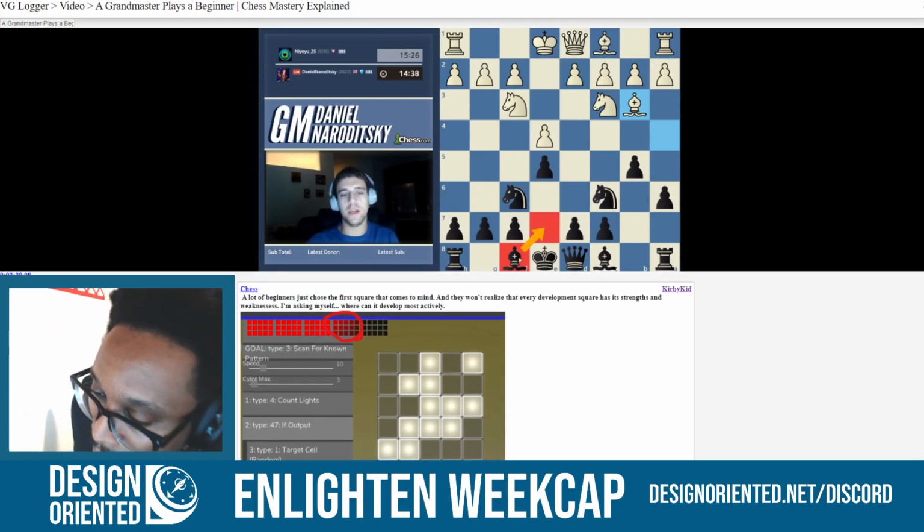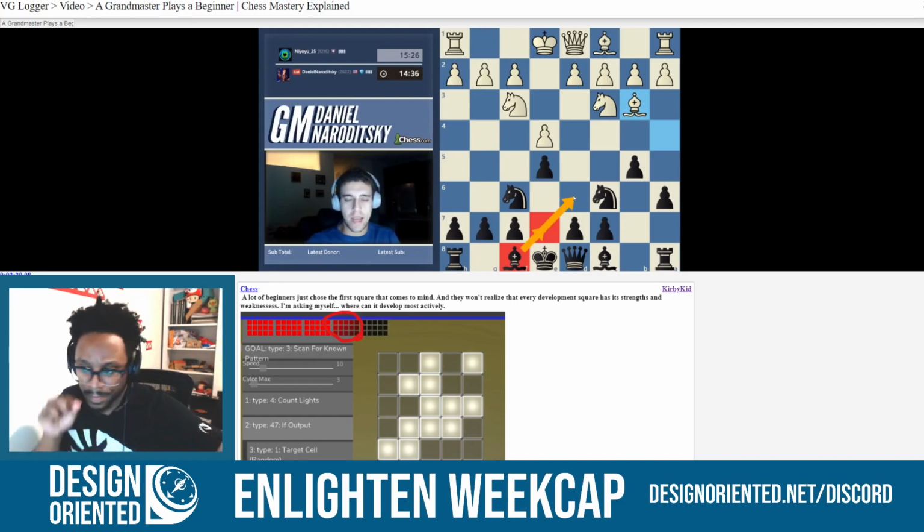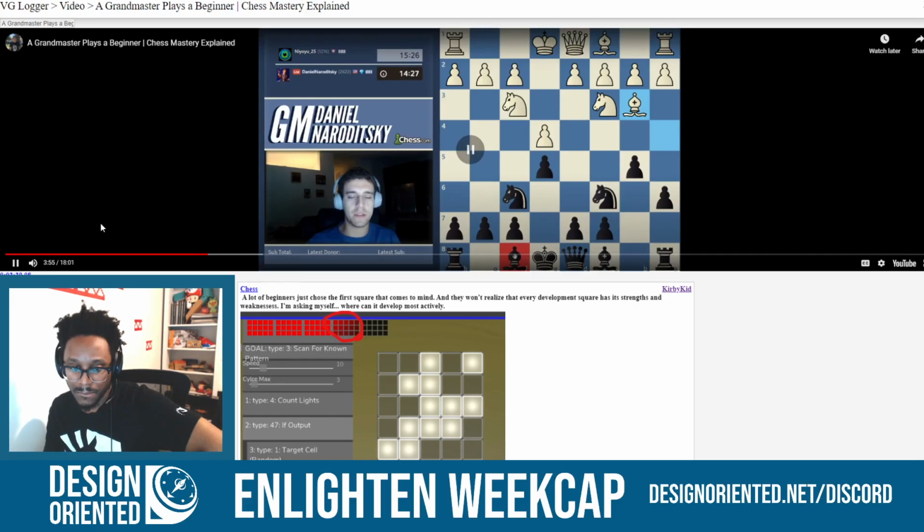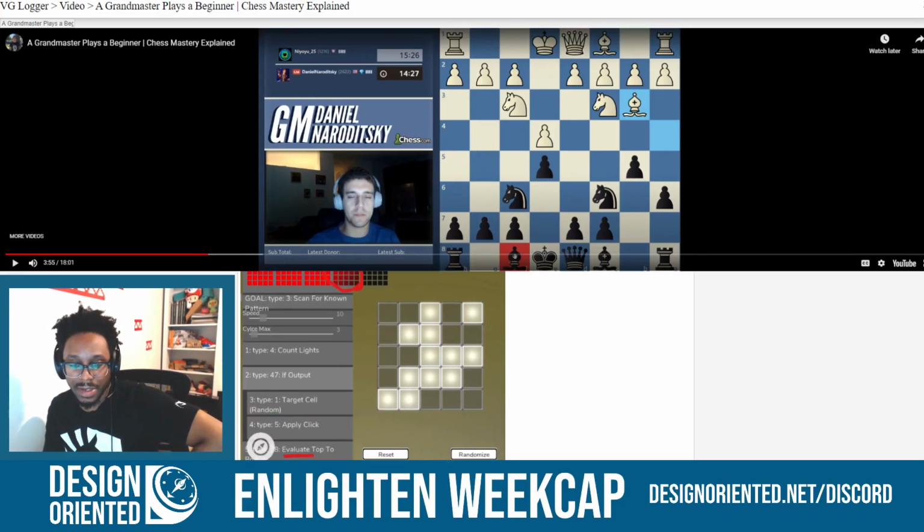So they'll develop the bishop here or here, and they won't realize that every development square has its strengths and weaknesses. Now what I'm trying to do is find the most active development square for every piece that I'm developing. When I'm looking at this, so even though it's a feature that's in the game or in the latest version,